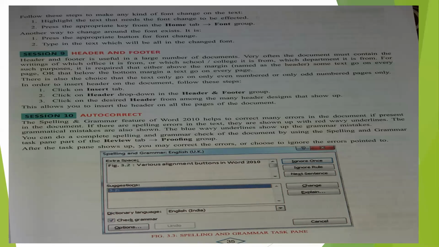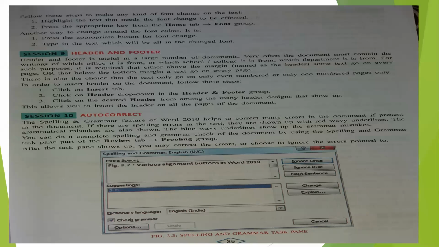But again, it depends upon different versions of MS Office that you are using. Somewhere you may find the same option not in insert but somewhere else. So there is one more very important feature in your Word application, that it will give you one option of "tell me what you want to do". So when you click there, a search box will appear. In that search box, you can write directly, and it will not give you the hint also. It will give you directly that setting. So you can click there, you can use that setting. Okay. So insert tab, header or footer, you can choose. There are so many options to choose from. You can choose and then you can apply.